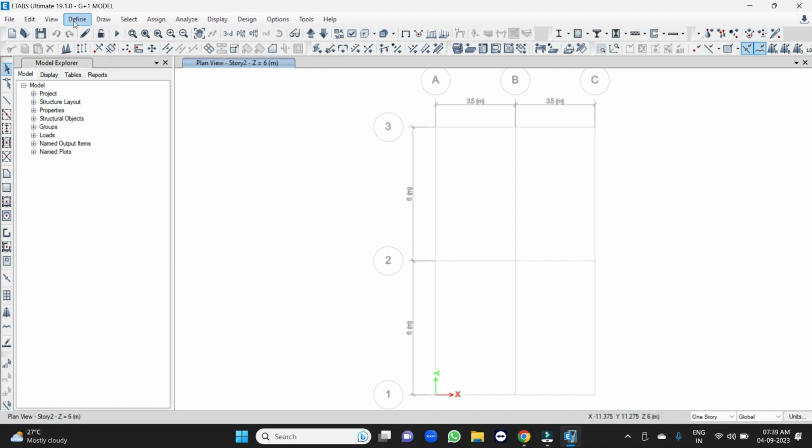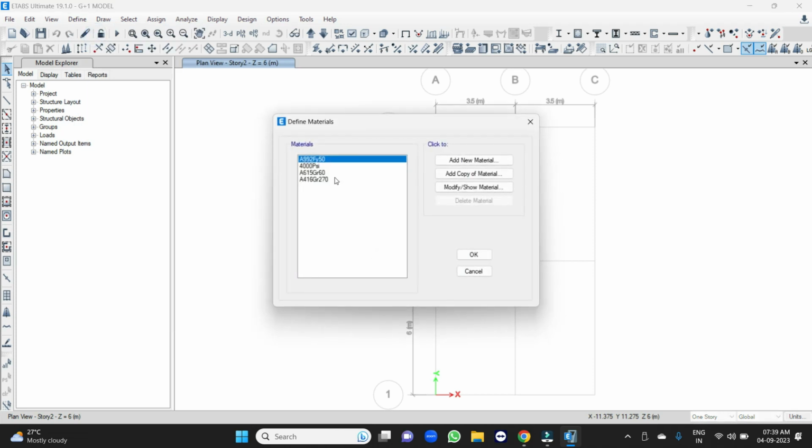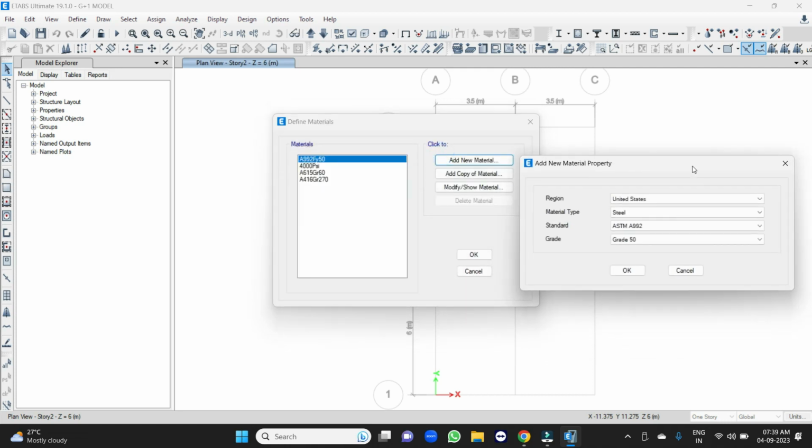First we have to go for Define, in which select Material Properties. Here this is for the grade of steel and the grade of concrete that we have to define. If you are going for the RCC member, then the grade of steel and the grade of concrete are the main parameters to define. So add a new material and then select code India, and then material type. These are all the options to select: steel, concrete, aluminum, cold formed, rebar, tendon, masonry and other. So I go for concrete,